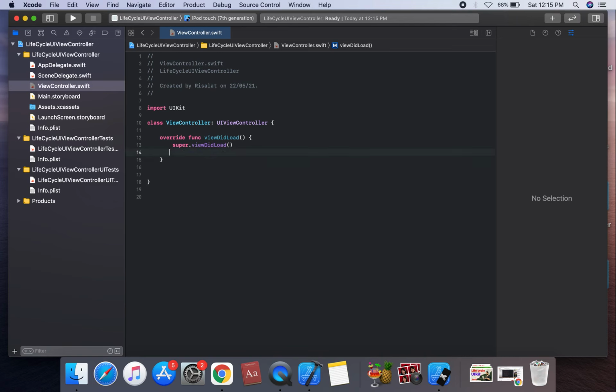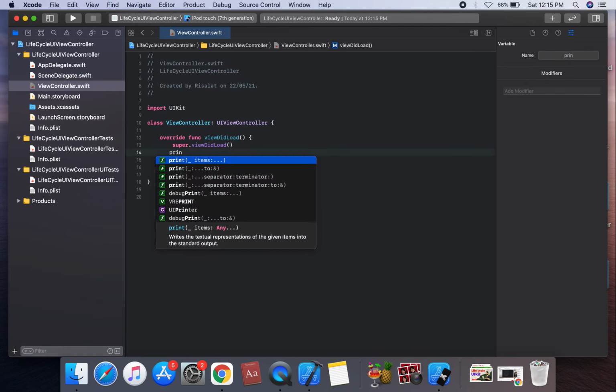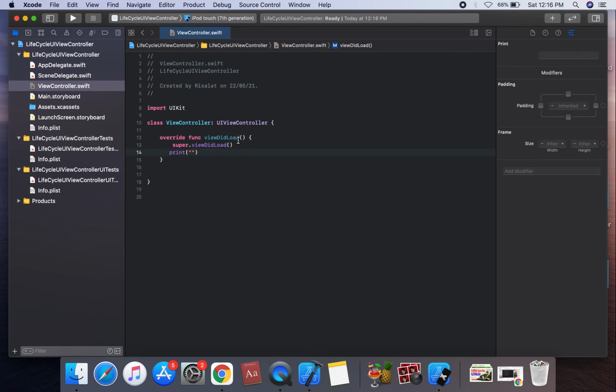In viewDidLoad we can create a print statement: viewDidLoad called. When is viewDidLoad called? It is called only once.